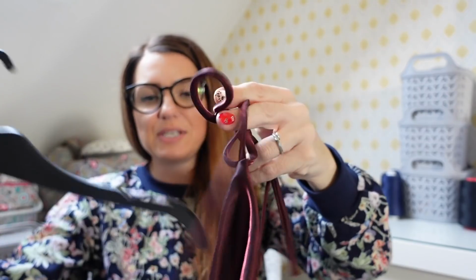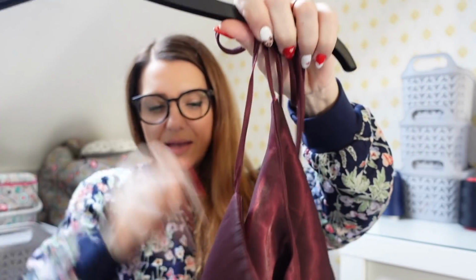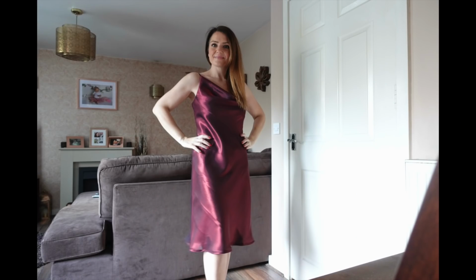I really like this, and it's lovely under as just on its own or over a high neck top. So there's that one, and then I made my actual garment in this viscose, shimmer viscose. It's quite bouncy, that I got from Sew Helly Jane outlet store. I'll insert pictures,